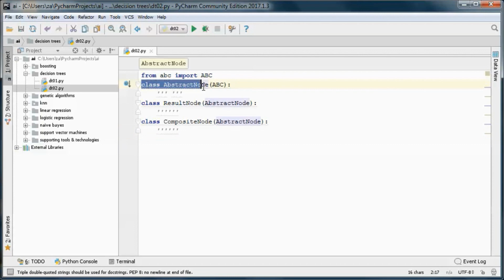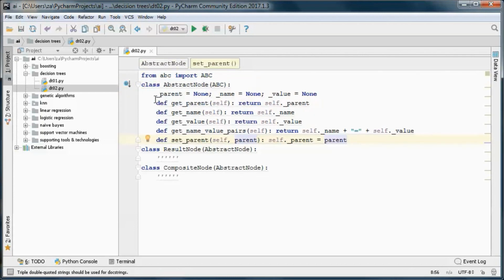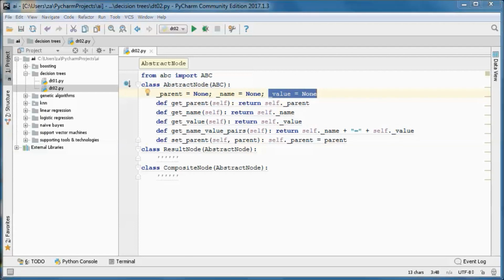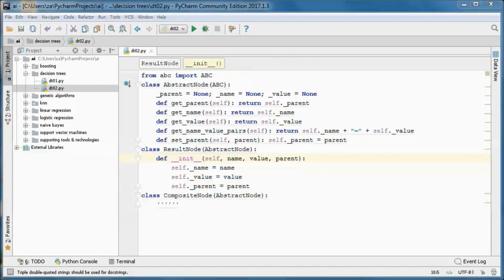Now this abstract class will not have a parent or a name or a value, and those are initialized in the constructor for both result node and composite node.